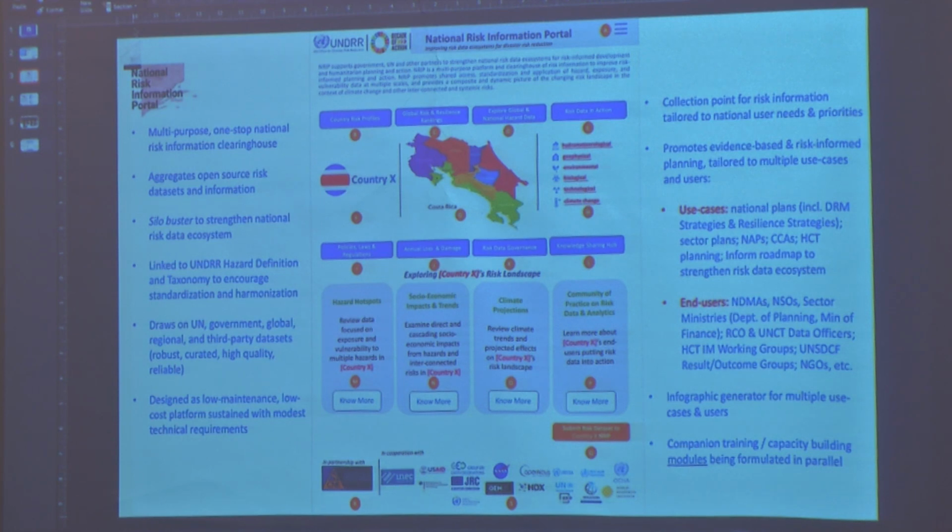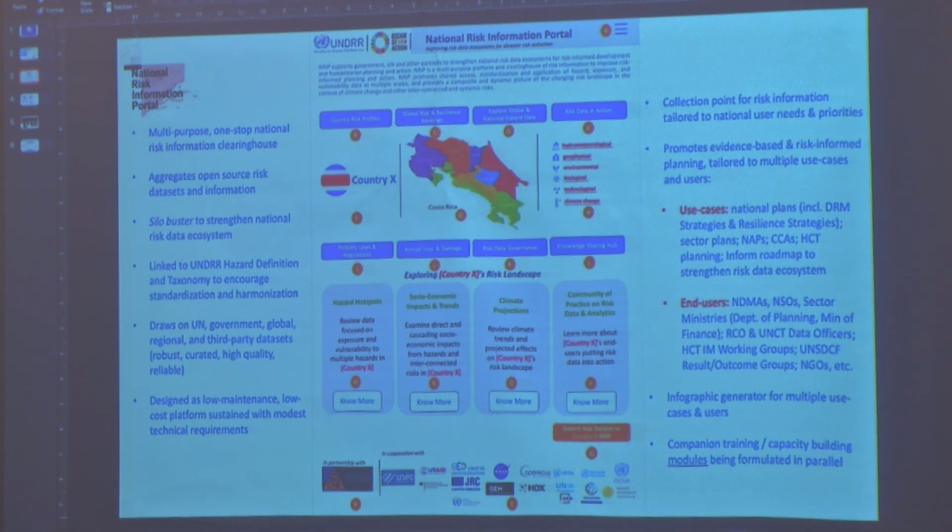And very much we're seeing the NRIP in other countries being used to converge UNCTs to start sharing information about the risk assessments that they've done. Not necessarily sharing raw data sets, but sharing information that they've done, say, for example, flood assessments for social infrastructure, so they know which hospitals or health centers and schools are in flood zones. At the same time, a platform like this would enable a humanitarian planner to look at what risk assessment is around particular hazards, again, say, using flood as an example in terms of situating temporary camps.